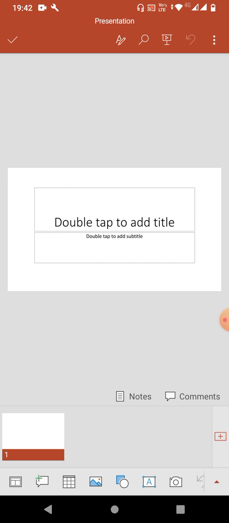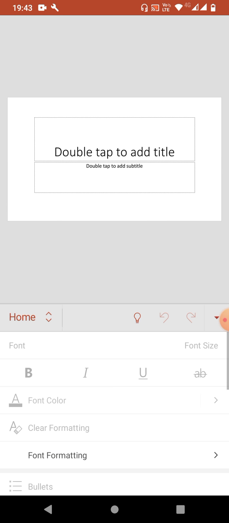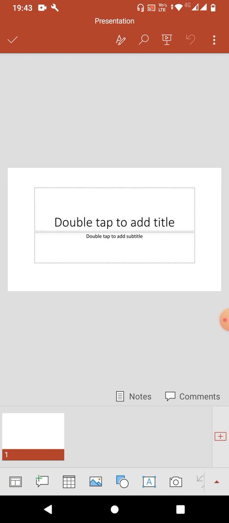Now first of all, the names of the tabs are coming in a different way. I'm going to show you from here. You can see all the small icons below. On the right-hand side on your screen, one triangular red icon will come.